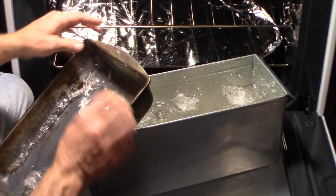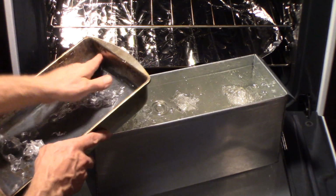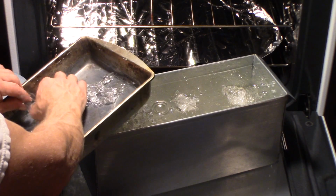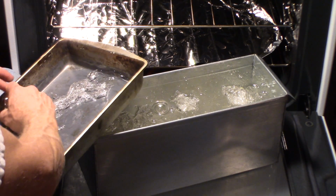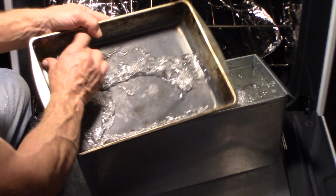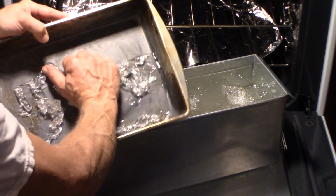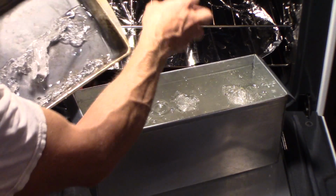So this one's giving me a little more grief because it's not quite ready to come out yet. Another 1 or 2 minutes, and it'll probably come out a lot easier than what it's doing for me right now, but you kind of get the picture. And then what we're going to do is, after we get all this out, put the rest of this back inside the larger tray there,